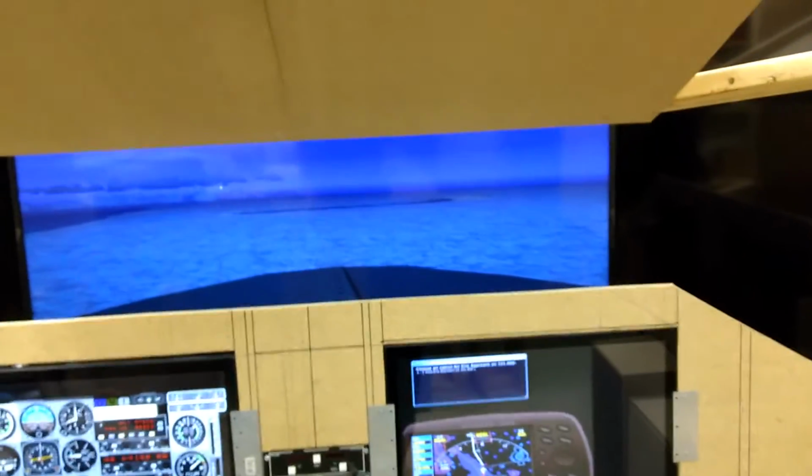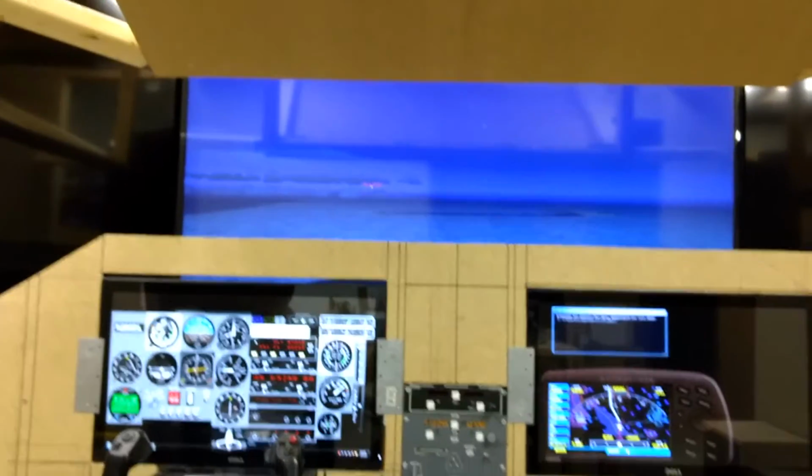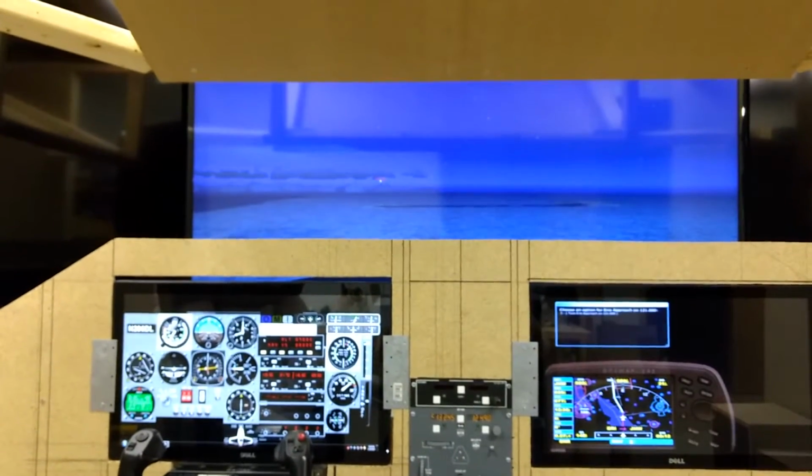So that's basically an update. The top boards have this seam which will eventually be filled in. I will have an overhead panel installed as well, so when I fly airliner missions, they'll have an overhead panel installed. And again, here's the view from basically the